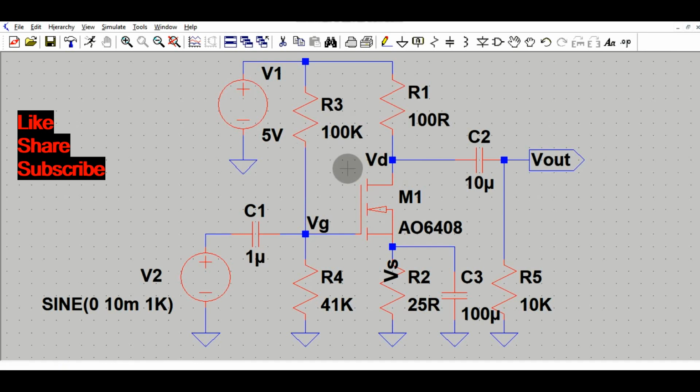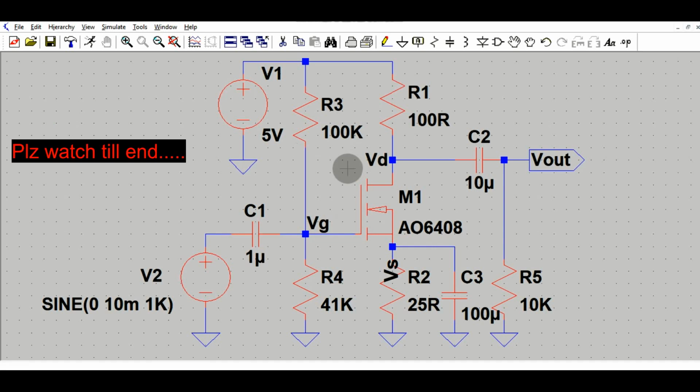I will run the simulation and show you the DC operating point analysis for this circuit. At the end I will upload this file in Google Drive and share the link in the description section. You can download this file and play with this circuit.